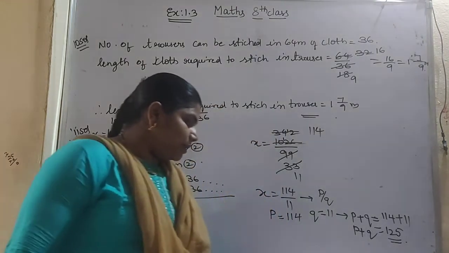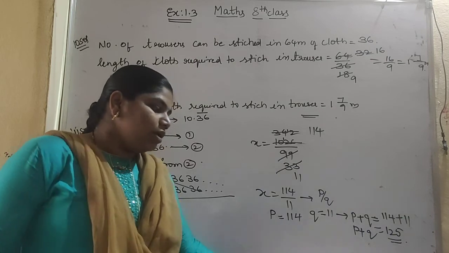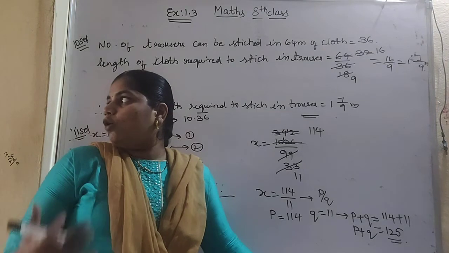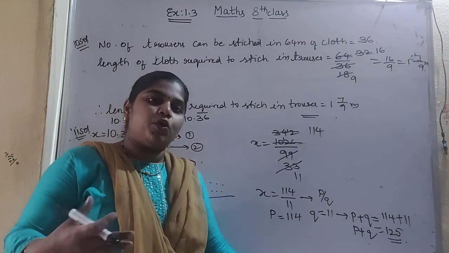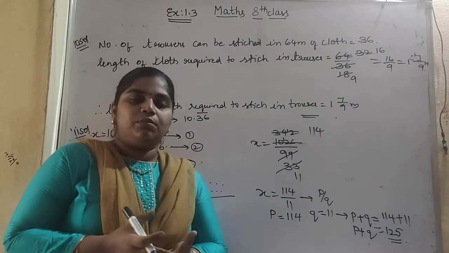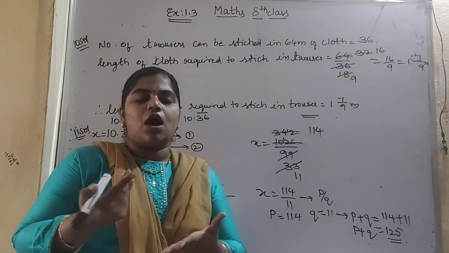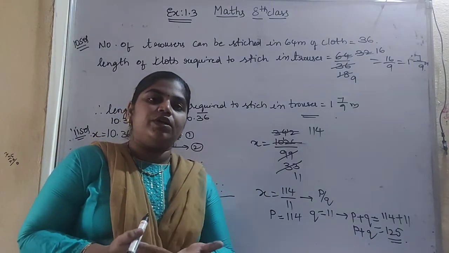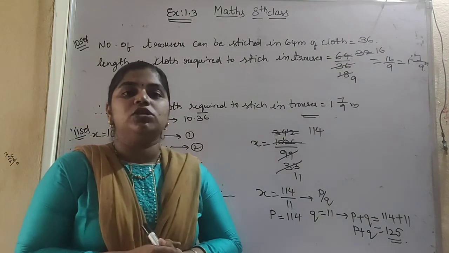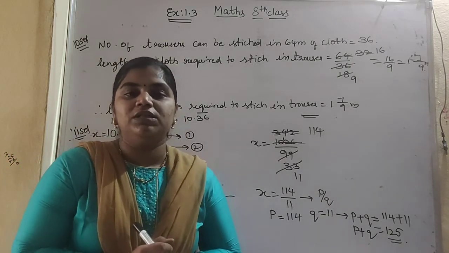our chapter is completed. That is rational numbers. So what have we learned in this rational numbers chapter? We have learned what is a rational number, which type of numbers are called rational numbers, how many different types of rational numbers are there, positive rational numbers and negative rational numbers, how to represent rational numbers on a number line, and between any two rational numbers, how many rational numbers will be there? We have infinite rational numbers. How to find those numbers also we have learned, and decimal representation of rational numbers.